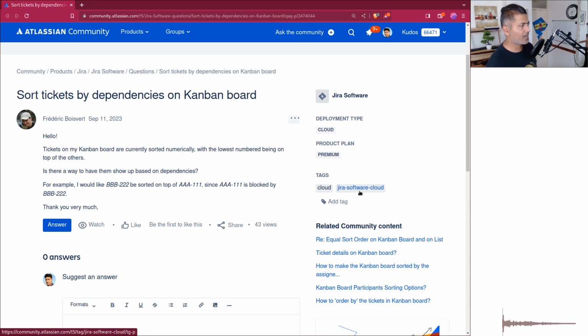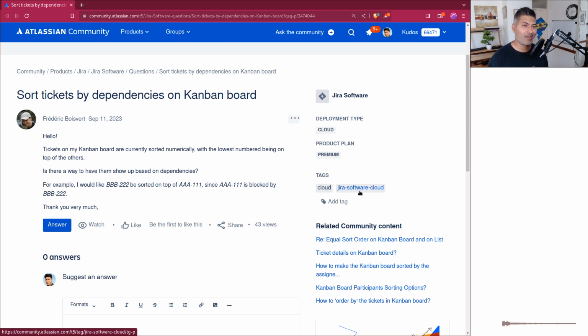Hello everyone. So I was looking at this very nice question on the community, and we all know about what issue links can or cannot do in Jira, but sometimes people ask these questions differently, or maybe they have a different use case. Now we all know that in Jira we can create issue links, so one issue can be linked to another issue, and it is not always clear to a lot of people that these issue links are